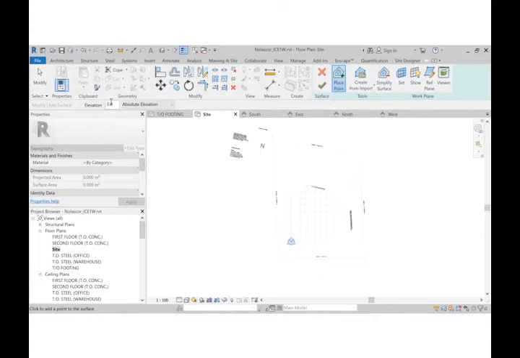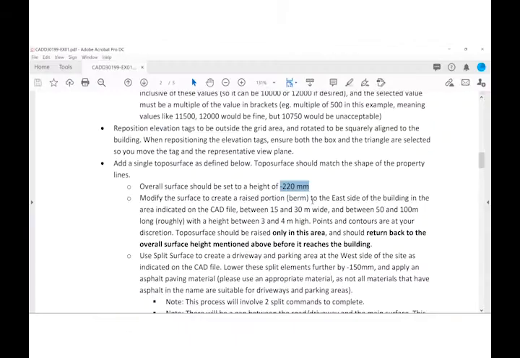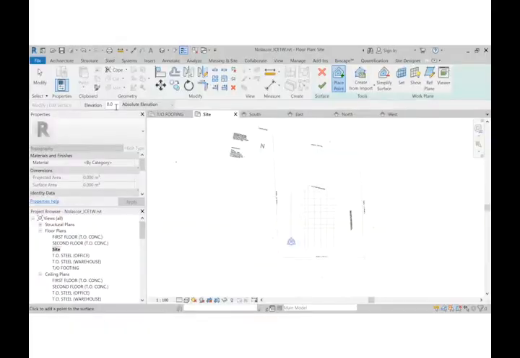Each point can have a certain elevation value. Now, since it says here that the overall surface is about -220 millimeter, we're just going to type here -220. Okay. No need for the mm